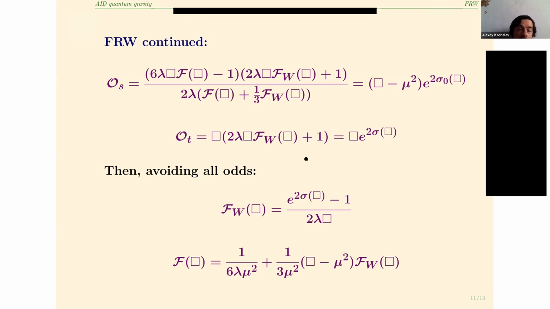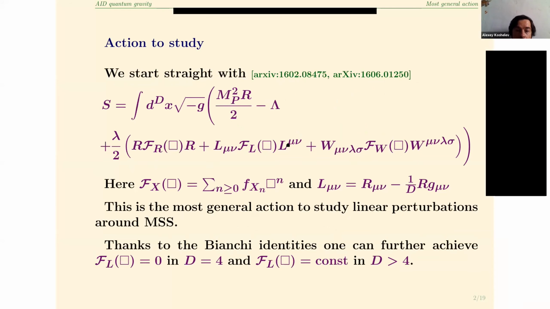What is essential here, in this construction, I have no way to avoid extra poles if Fw is not an infinite derivative function, which essentially means if I now come back to my original Lagrangian, I claim that as long as I stay in the framework of Riemannian geometry and diffeomorphism invariant action, I will not be able to avoid ghosts as long as I do not include an infinite number of derivatives, at least here, inside of